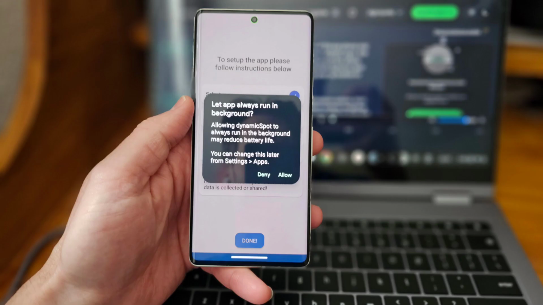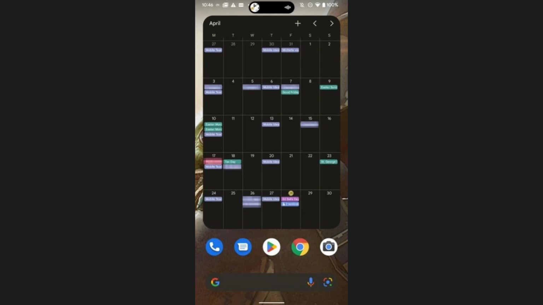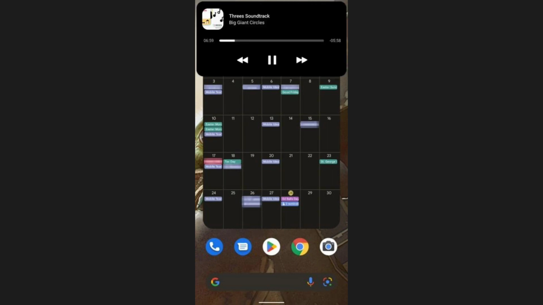Step 5, select Done, and then allow to let the app run in the background. That's it. You're set up and ready to roll. It's also worth exploring more of these settings, as there's a lot you can customize. You can change the pill into a notch, change the background color, or add an additional pop-up that gives quick